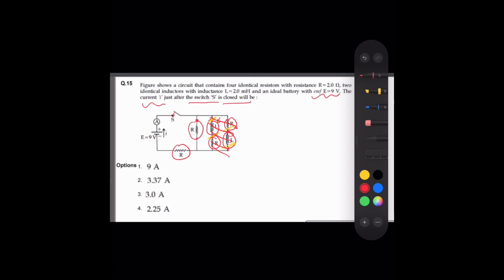Now in another case which is not given in this question, suppose the current is constant. So we know that the voltage across an inductor is given by V is equal to minus L into di by dt. So if I is constant, this entire thing will become 0, and the net voltage will become 0, and in that case this will act like a short circuit. But this is not given in this particular question. So anyways, we can ignore this much part of the circuit. So we just have to deal with this much part. And this is quite easy to do.